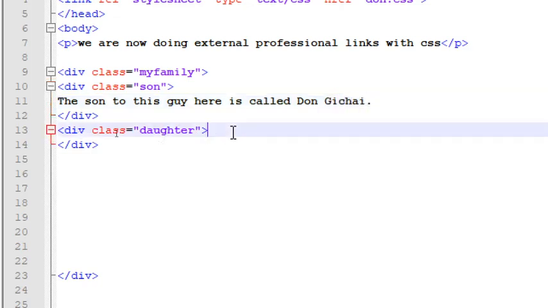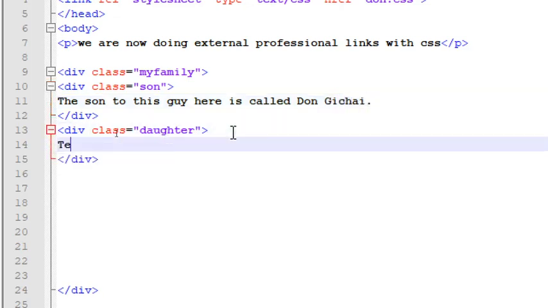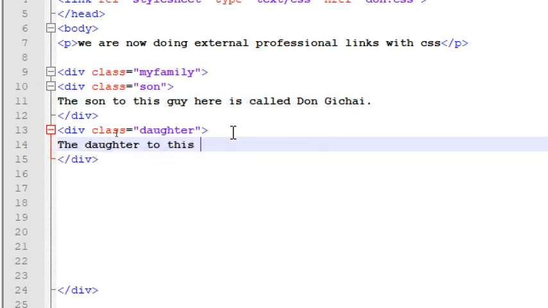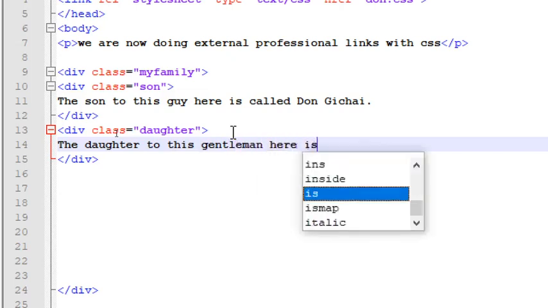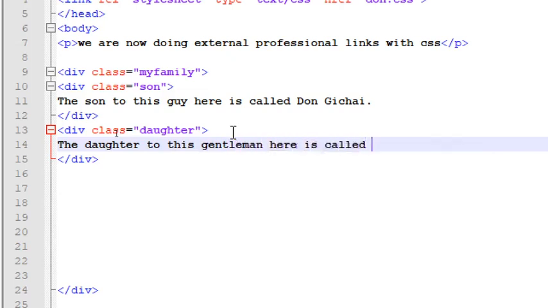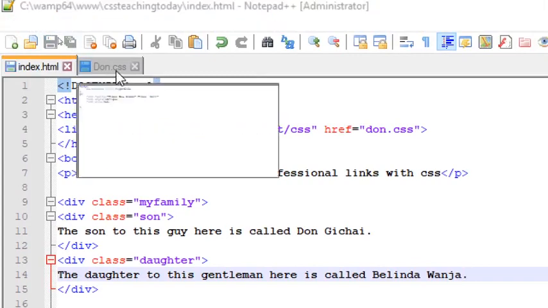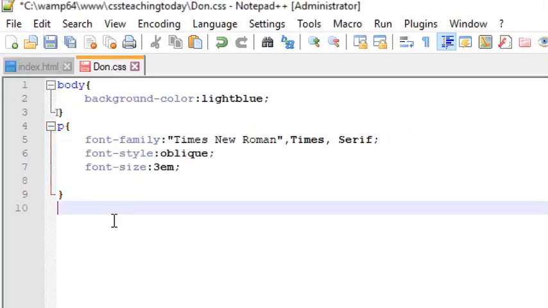Then you go to the daughter and say that the daughter to this gentleman here is called Belinda Wanja. Now, after doing that, we can now go to our CSS and then put